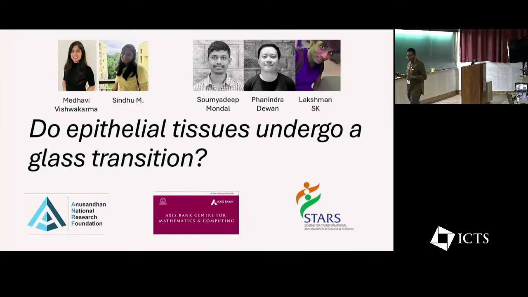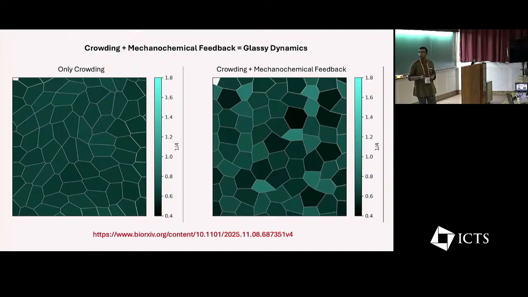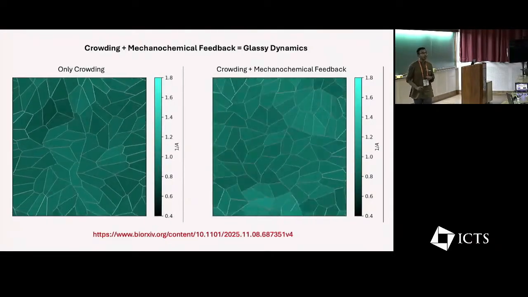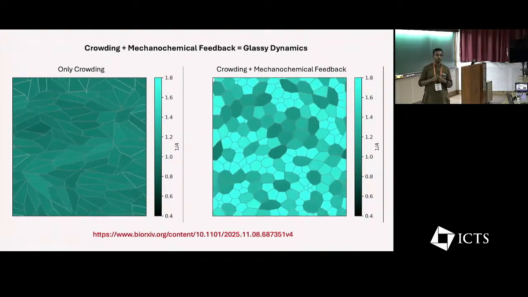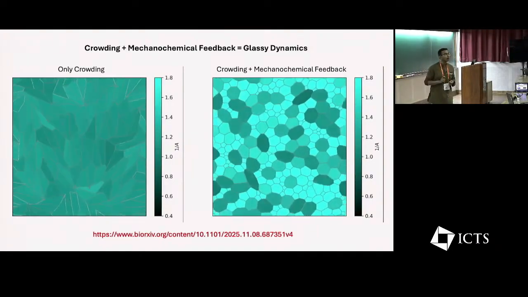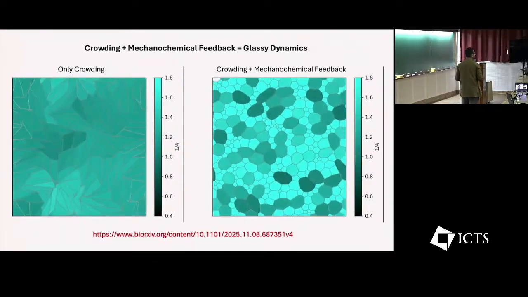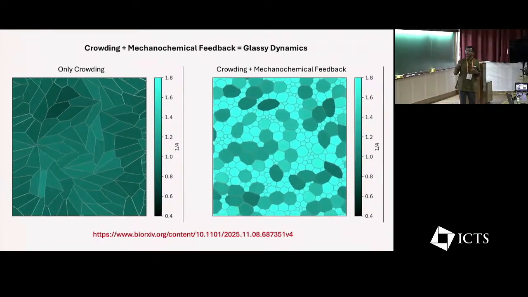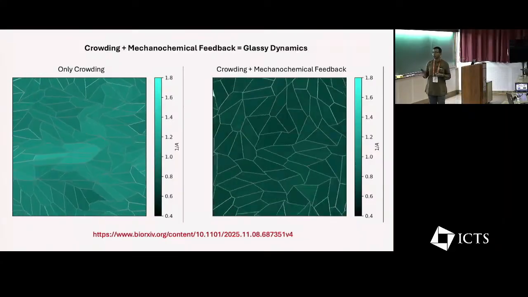This question is part of this broader conversation on whether epithelial tissues undergo glass transition or not. What we have shown is that if you take the canonical vertex model, which is on the left, under no condition it will give rise to glass transition, especially if there is cell division, which increases the density of the cells. This is kind of counterintuitive, but what we had shown is that if you add something called mechanochemical feedback between the mechanics and the chemistry of the cell, it basically gives rise to a solid tissue. And when you analyze the dynamics, it's actually a glassy dynamics. This gave rise to a lot of the phenomenology that I'm going to talk about.